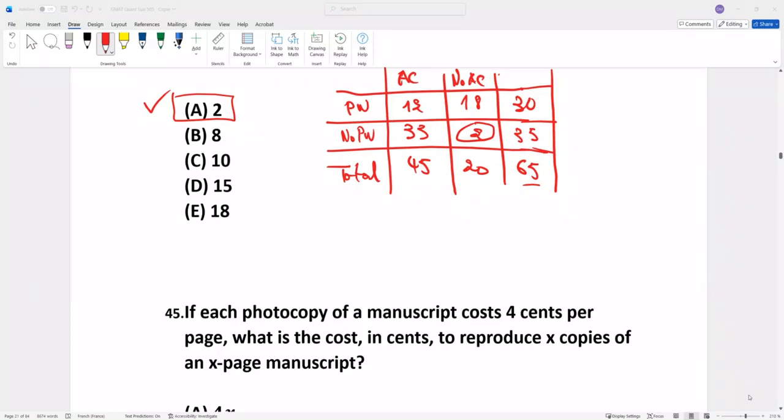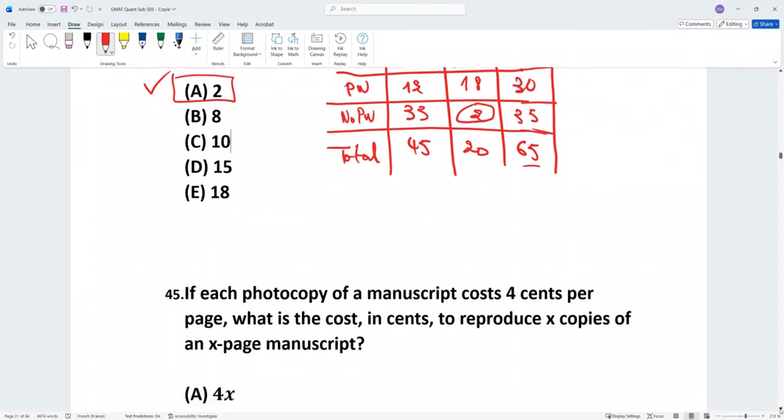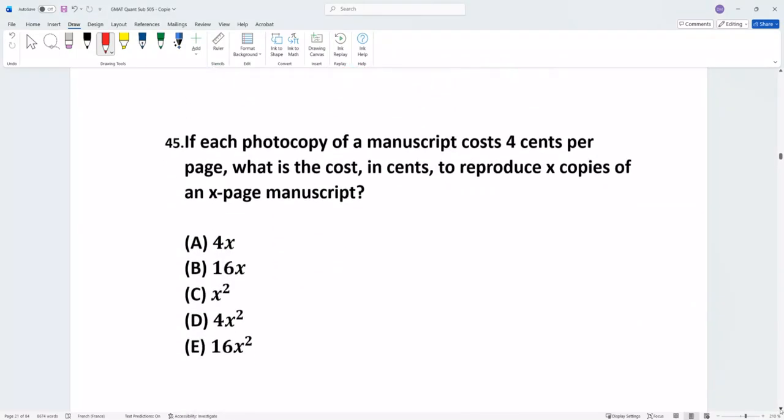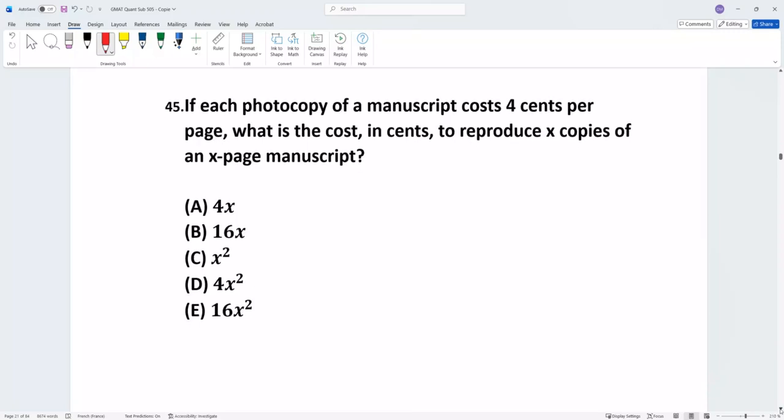Let's go on and work on question number 45. Question number 45 says, if each photocopy of a manuscript costs 4 cents per page, what is the cost in cents to reproduce X copies of an X page manuscript? Okay, so here it will say cost of,